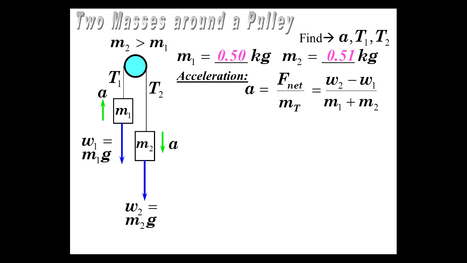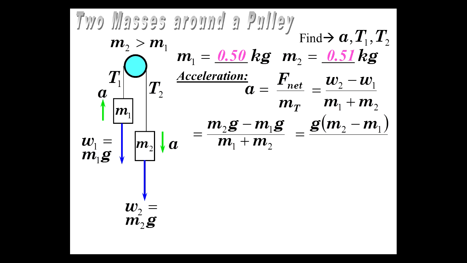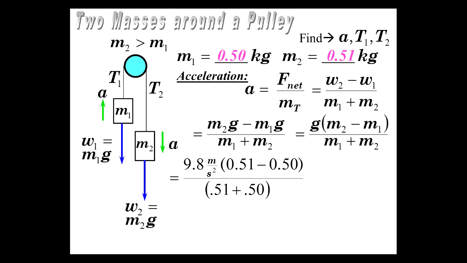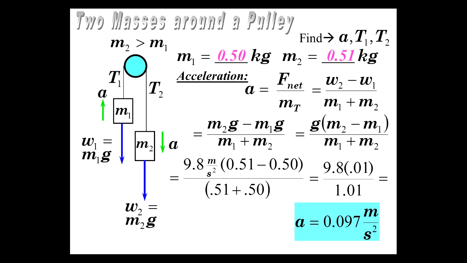So it's weight 2 minus weight 1 over M total, which is M1 plus M2. That's what we're going to analyze. So it's M2G minus M1G over M1 plus M2. And I'm going to factor out the G, just to simplify it a little bit. Now, let's plug in numbers: 9.8 meters per second squared, the acceleration of gravity, times the difference in the masses, divided by the addition of the masses, gives us